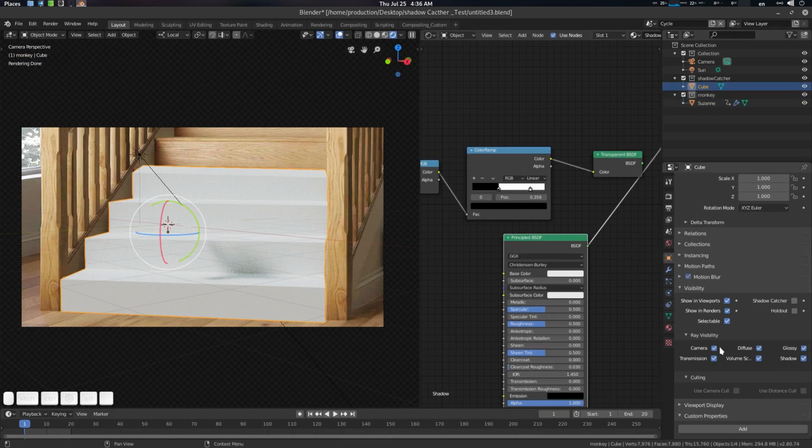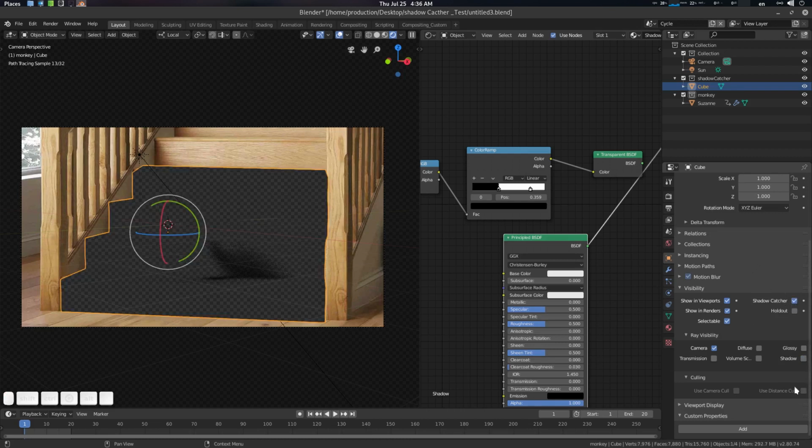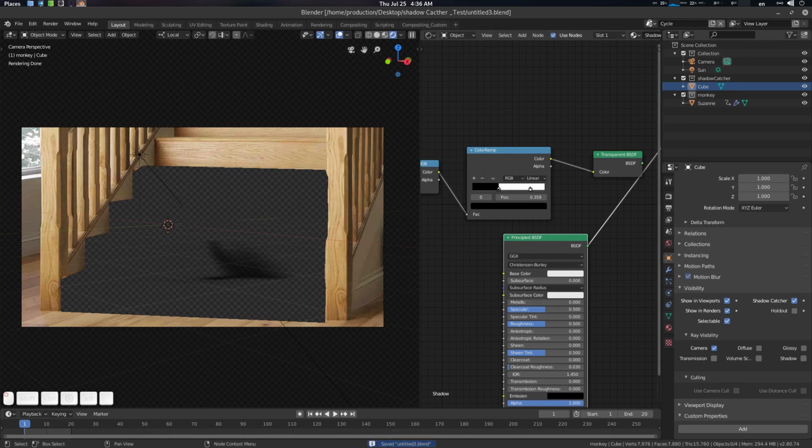and I'm going for diffuse, glossy. Actually, let's just disable everything here, and go for a shadow catcher. Okay, ray visibility, I don't need shadow here as well, so something like that. Actually, shadow catcher will be alright. So now we have the pure shadow here, so the Cycles part is done. Save it. Now let's go to Eevee,